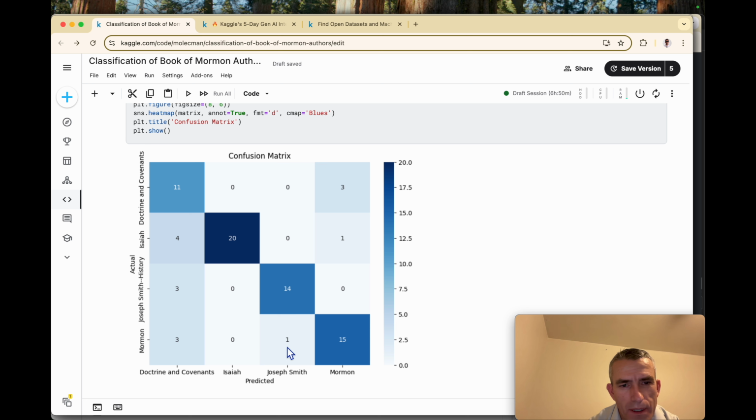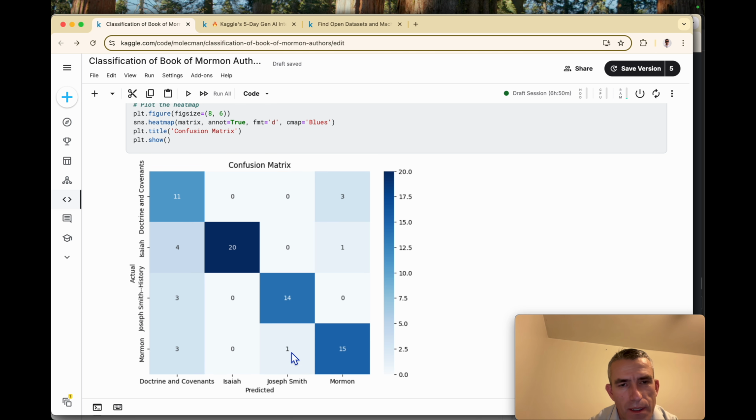And you can see similar from the actuals. There were 19 instances where the test set had Mormon scriptures, or 3 verse chunks from Mormon, and the model predicted 15 of those were indeed from Mormon, and 3 of them from Doctrine and Covenants, and 1 from Joseph Smith history, or similar to that. So what you want to see in a confusion matrix is no numbers outside of the diagonal.